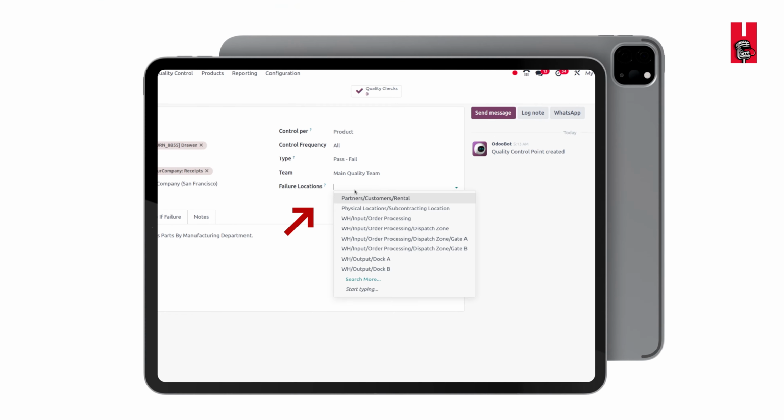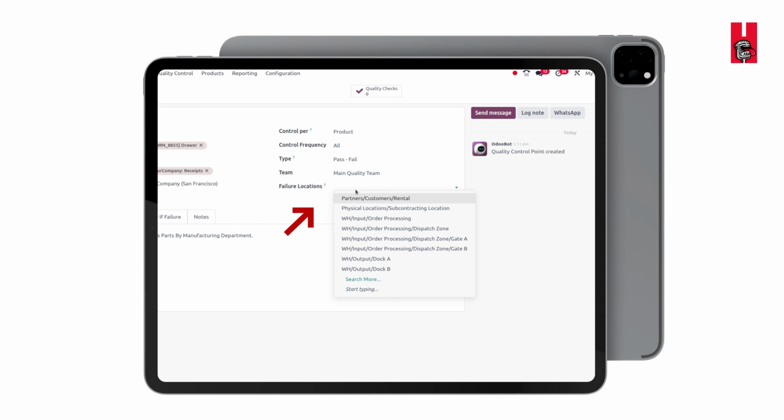Okay? So the next feature that we listed is failure location in the quality module. So Jarina, let me ask you a question. What does this quality module do? To check the quality of the product. So does it mean that every product passes the quality test? Obviously not. Then what do the other products do? So the failed product, if a product does not meet the quality, we can move to a failure location. So where is this failure location? I've never heard about such a location which is failure. It's a new feature, man. Newly found in Odoo 19.